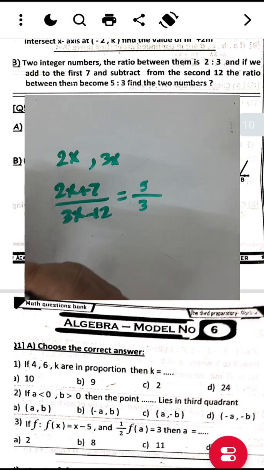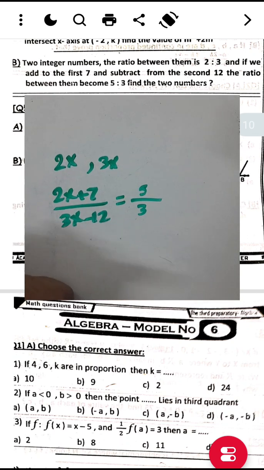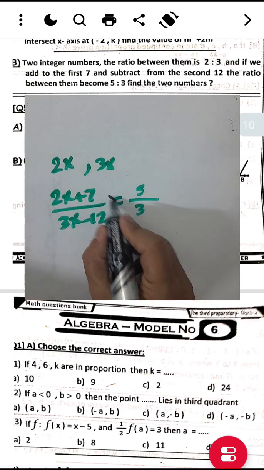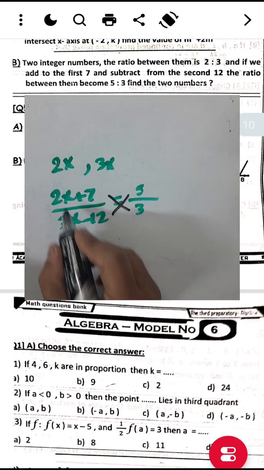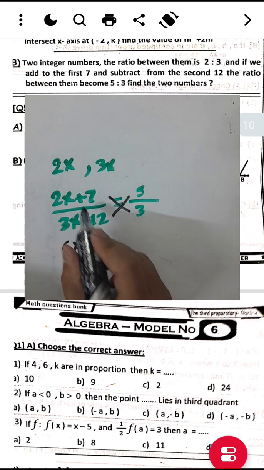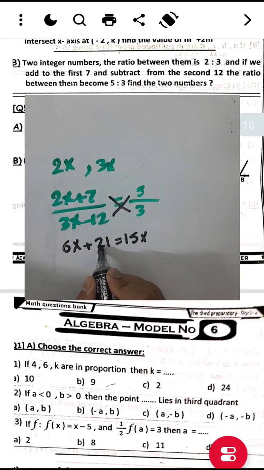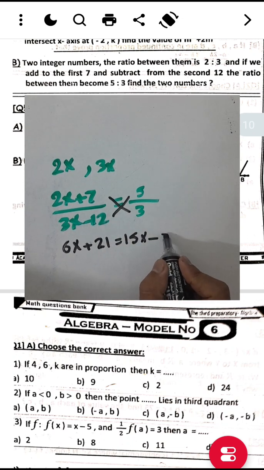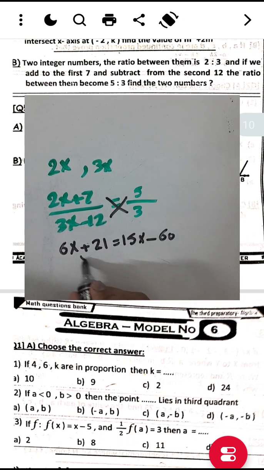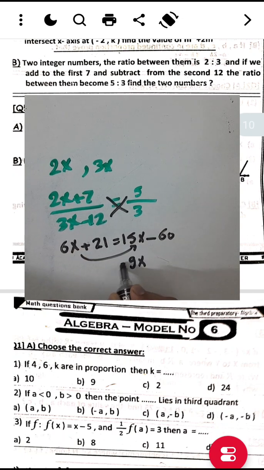Then we can find the value of x in the simplest form. The product of extremes equals the product of means. 3 times 2x equals 6x, plus 3 times 7 equals 21. 5 times 3x will be 15x, and 5 times 12 will be 60. And then moving here, 15x minus 6x will be 9x, and 21 plus 60,